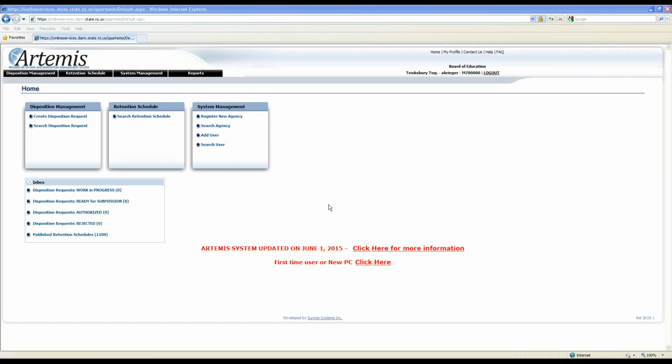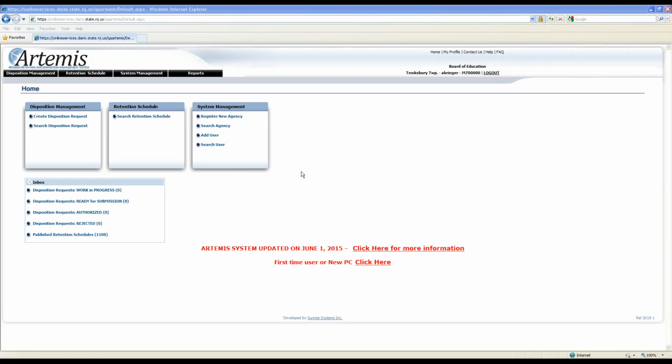Marie asks, does this mean that you have to get permission from the state to destroy any records and we have to go through the BA to destroy any records? Yeah, any official records, Marie, that are utilized in the course of your business or your organization, you can't destroy them. You have to get permission before you can destroy those records. Like I said, there are 6 retention schedules for Boards of Ed. There are a lot of record series numbers. I haven't counted them, but there could be upwards of 500 to 1,000 different record series numbers that pertain to all different types of records. And by all means, yes, before you can destroy a record, you have to get authorization from the state before that record is destroyed.